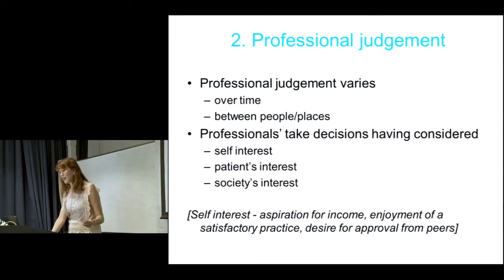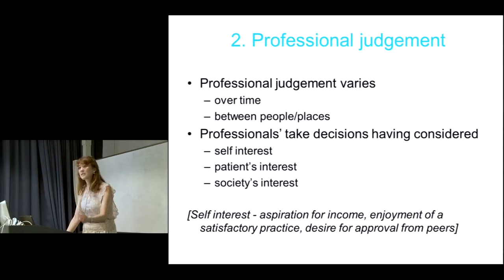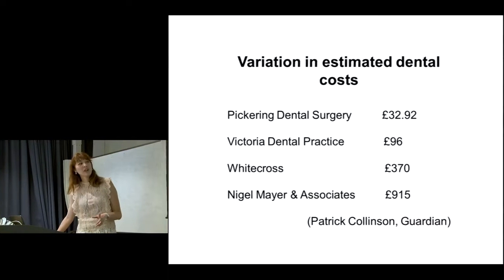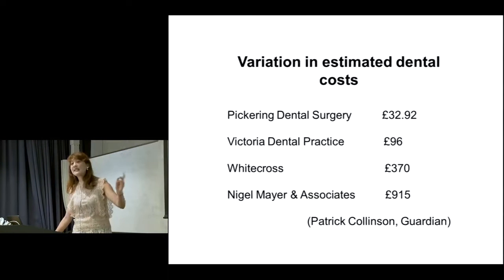Because we know that if you give one thing to a patient, someone else is not happy. So that's why those three perspectives. And these things are not fixed, and that's why there is a variation in differences there. So this is quite an interesting piece where The Guardian is a newspaper